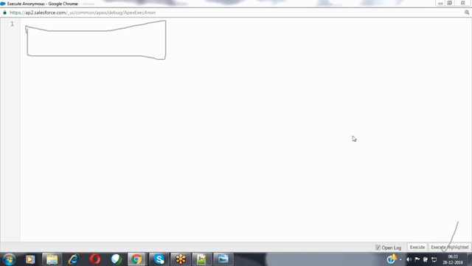There was one question. Can we select multiple blocks for executing? No, we cannot select multiple blocks. In a single place only, we can select the lines, like in your Word document. We cannot select multiple blocks of code. We can select only one block here, and that block of code we can execute.